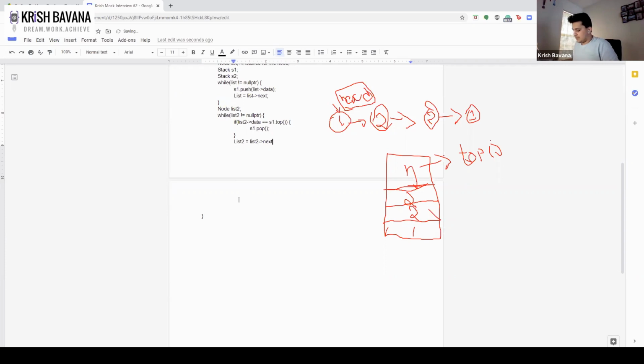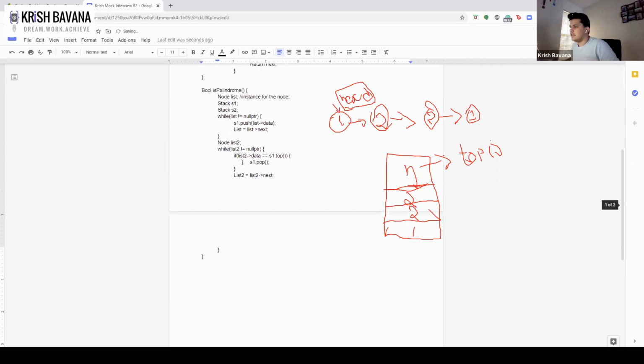Sorry, my bad, there's been a lot of extra space created. Okay, so the second while loop is also closed now. So if you think over here, we are iterating, and if the data we're iterating matches the top, then we're telling it to pop it off and we're just iterating. And once the loop has ended,